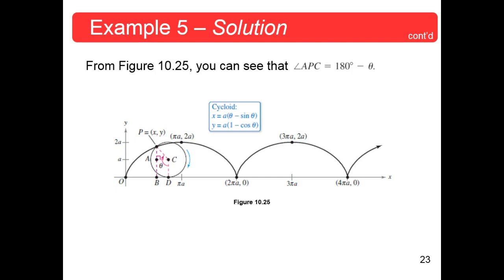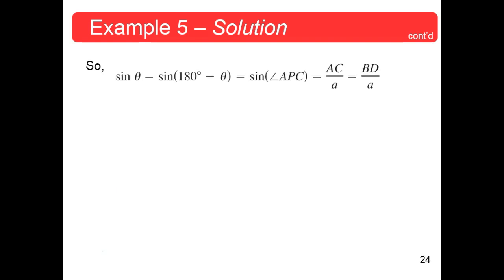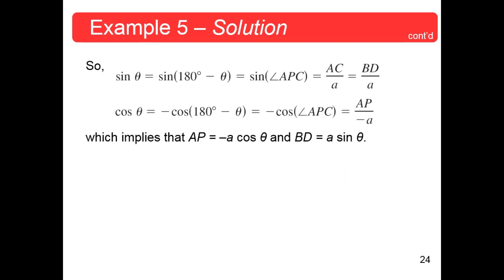We don't want a negative number, we want a positive, so it would be minus that. And that would just be AP over minus A,